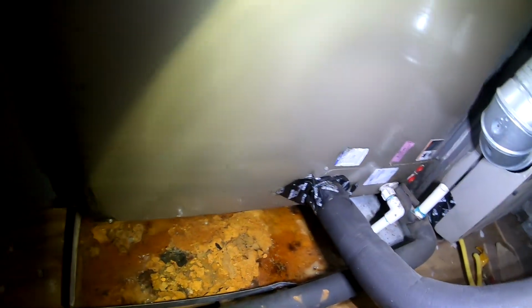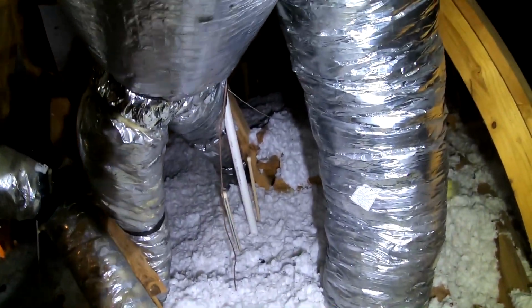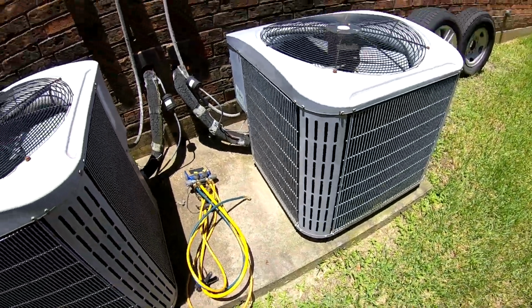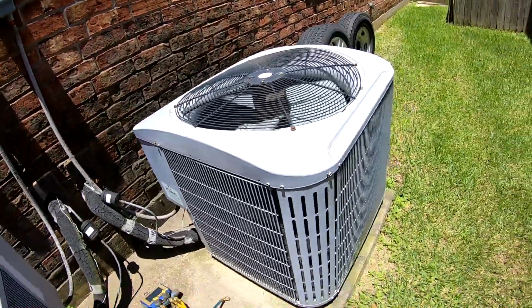Probably hook some pressures up. See if this drain line stopped up. Looks like it goes right here. Probably go into a sink down there. All right, so I just want to kind of hook up. These days,